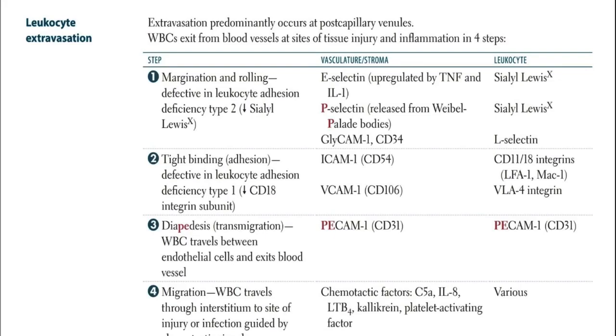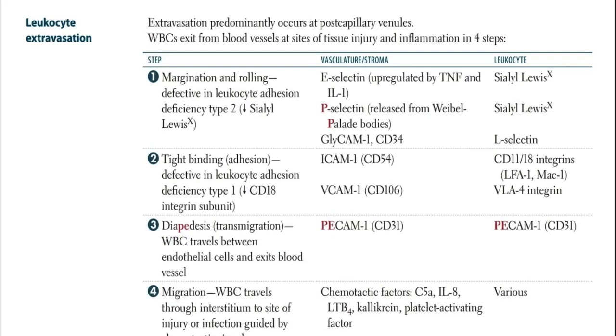So today we are diving into a high yield and clinically important concept, that is leukocyte extravasation. Leukocyte extravasation means the journey of white blood cells from the bloodstream to the site of infection or injury. This is a very favorite exam and viva question, and you will also see its relevance in pathology,